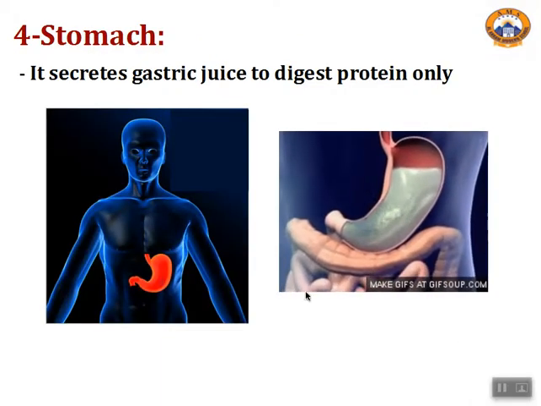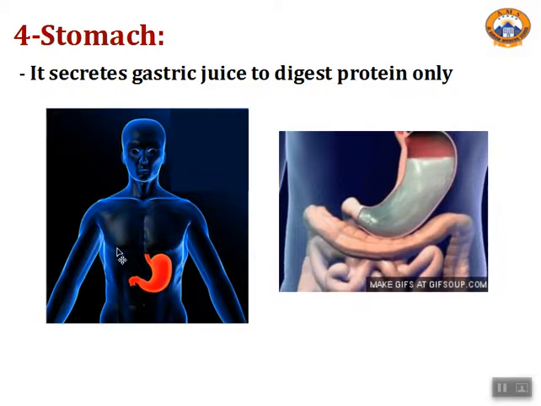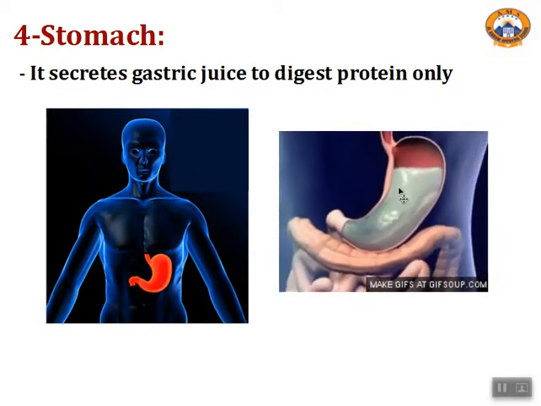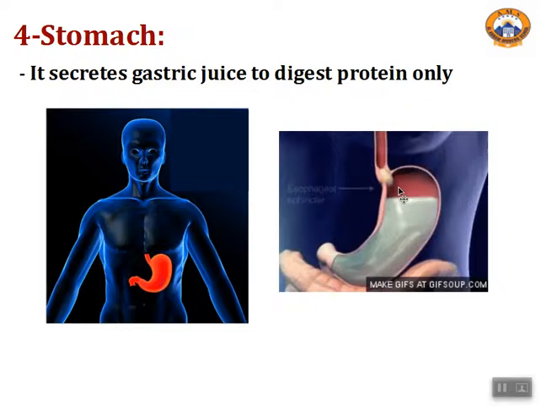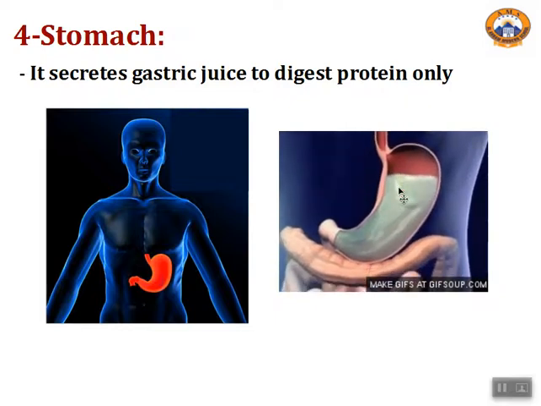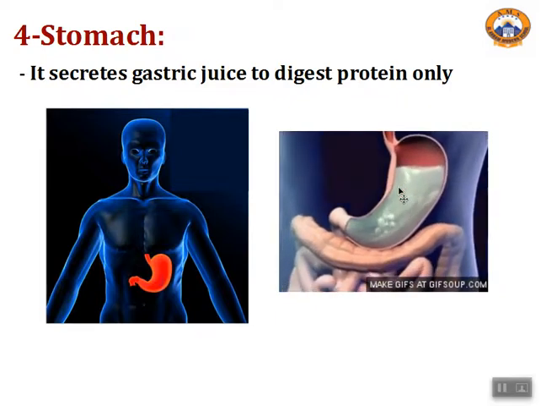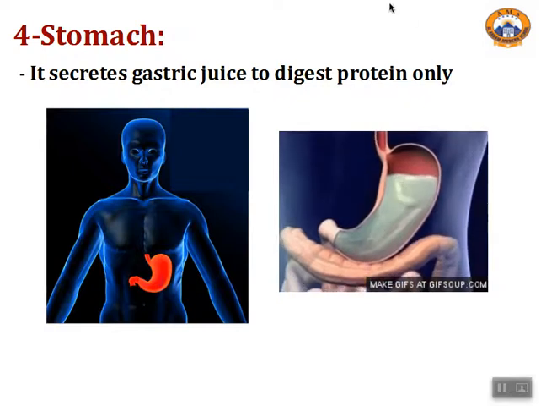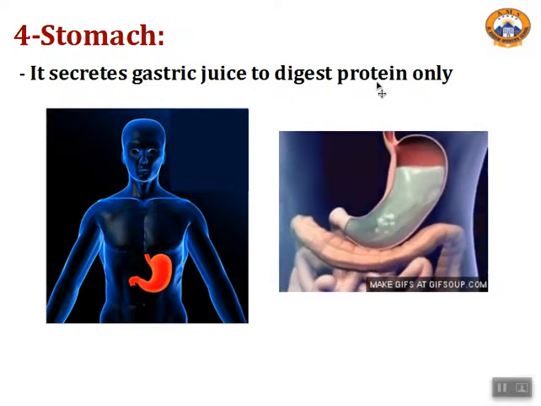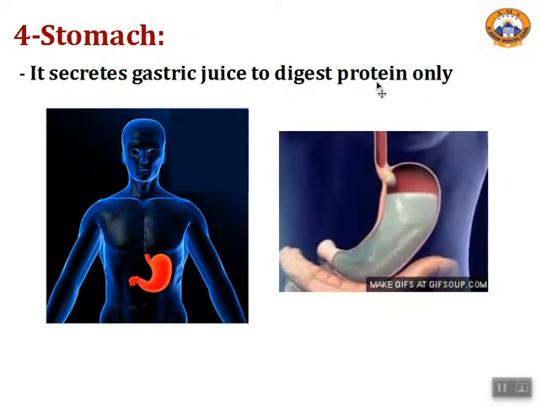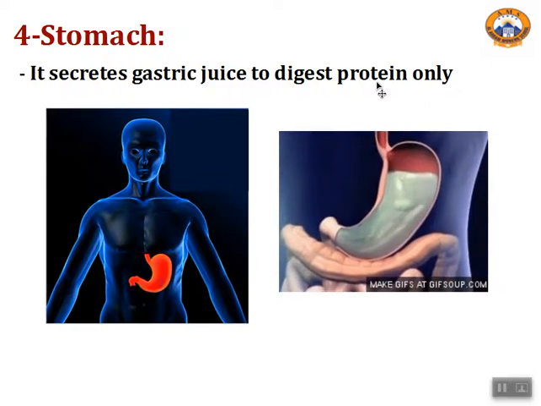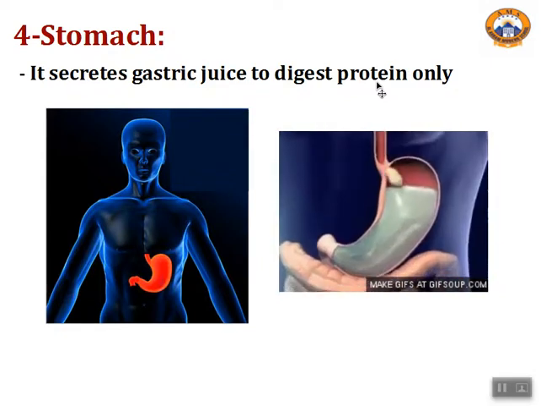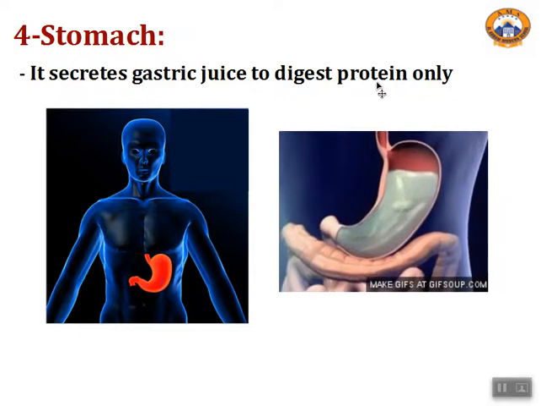This is the stomach. As you can see, it's present in the abdominal cavity. The stomach secretes a juice known as the gastric juice. The gastric juice also contains digestive enzymes, which are able to break or that digest another type of food called protein. But the protein is incompletely digested in the stomach. It's partially digested, not completely digested in the stomach, which means that the protein will continue its digestion later on